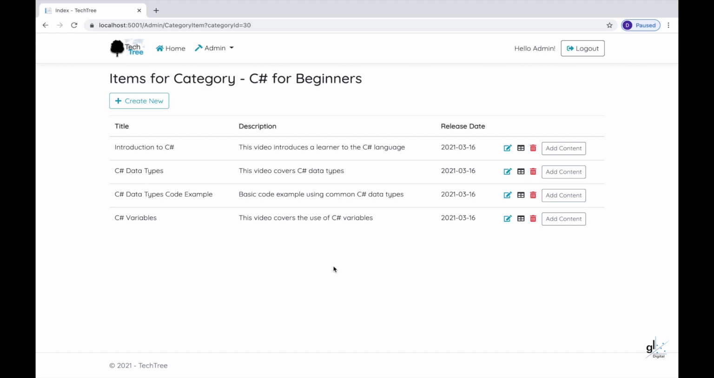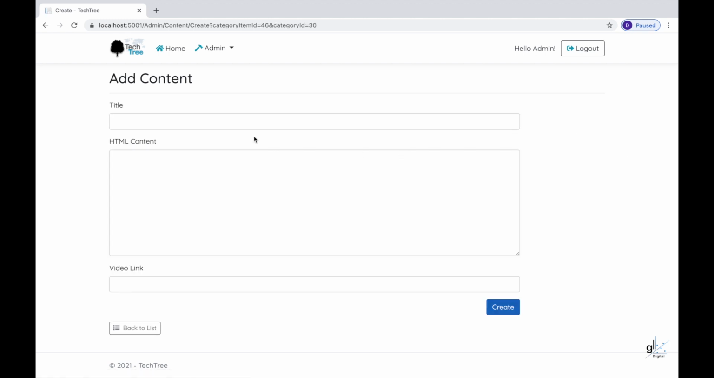Let's add content to each of the relevant category items. So we are able to navigate to the appropriate content view for a category item by clicking this button positioned to the right-hand side of the relevant category item in the category items list. So if we click the button labeled Add Content next to the category item that has the title Introduction to C#, we are presented with a view where we are able to add the content for the Introduction to C#